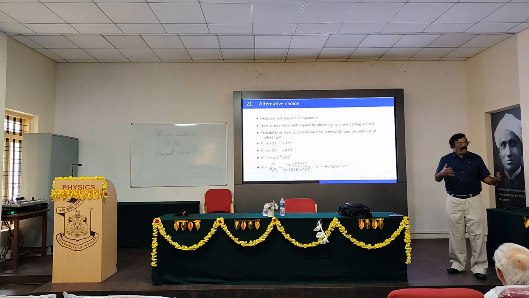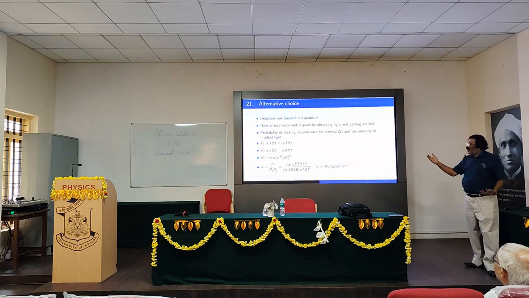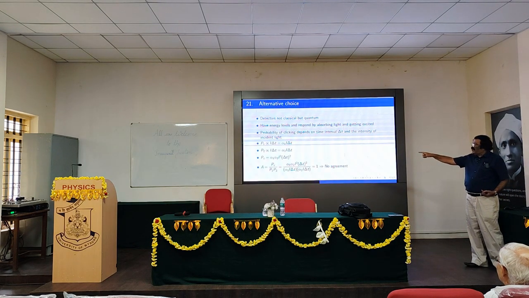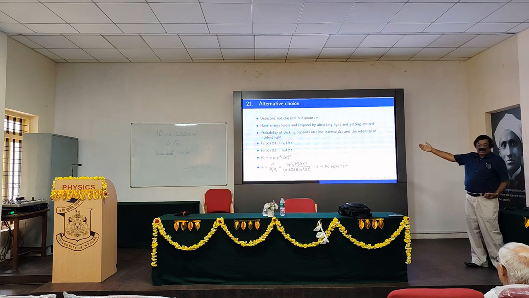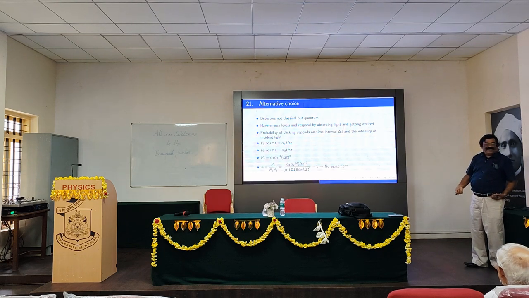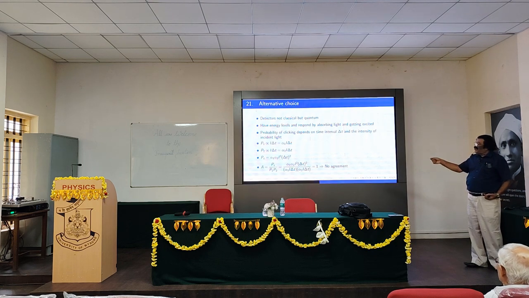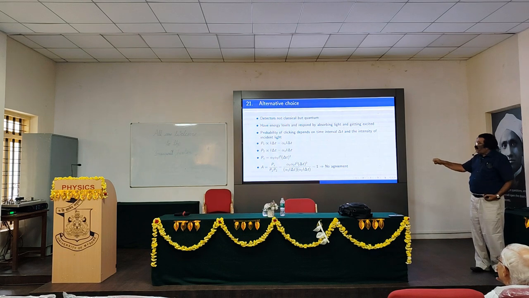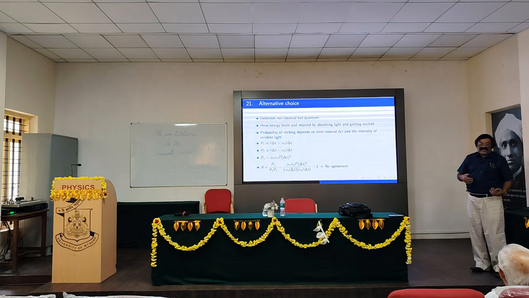The more intensity you send, the more detection. Therefore, like the radioactive situation, P2 is also proportional to I delta t. For some reason I have taken alpha 1 and alpha 2, since maybe some other internal differences could be there between the detectors. So what is P1? Alpha 1 into I delta t. What is P2? Alpha 2 into I delta t.